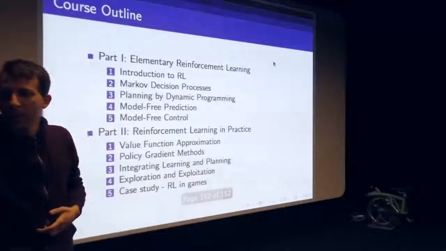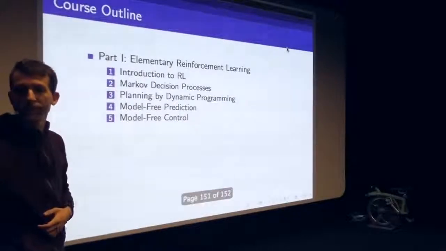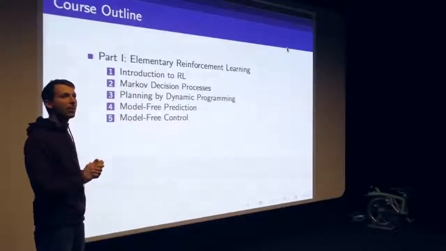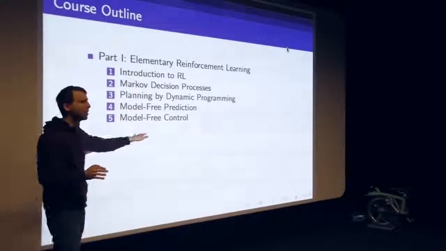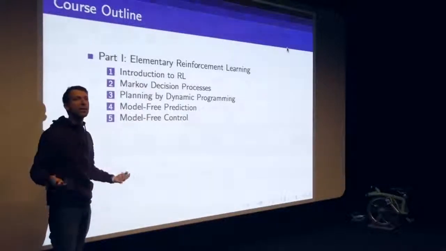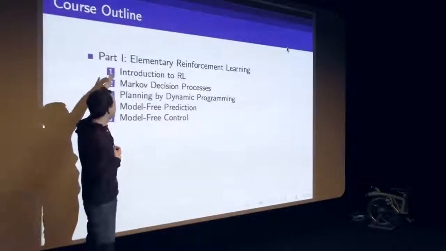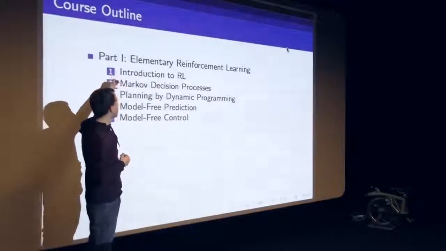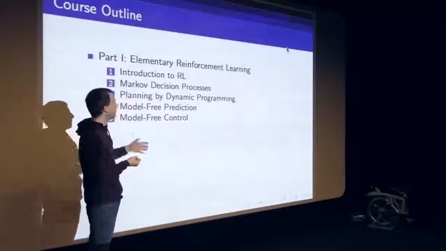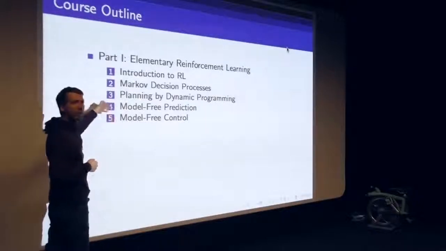Okay, I just want to finish with the course outline, so people understand what's coming next. The course is roughly divided into two halves. I'm afraid because of last week it won't align with reading week, but we'll figure that out as it goes. The first part is roughly covering the basics, really fundamental understanding of reinforcement learning. So introducing the problem we've just done, understanding Markov decision processes, how to plan, so solving the planning problem using dynamic programming, which is the elementary building blocks that underlie all of this, and then understanding model-free methods for both